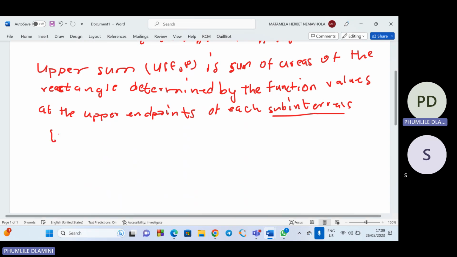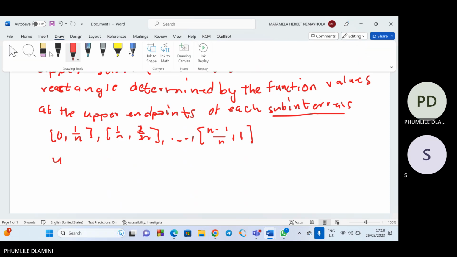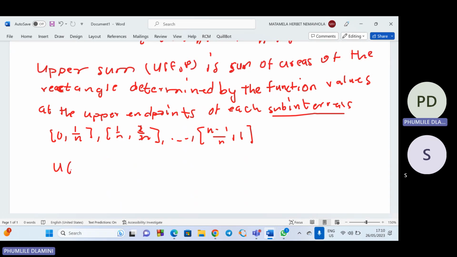We divide our partition, it starts at 0, so the first subinterval is 0 to 1 over n. Then we have 1 over n to 2 over n. Then after that, we will have n minus 1 over n to 1. These are the subintervals, which started at 0 and ended at 1. So our U of f and P